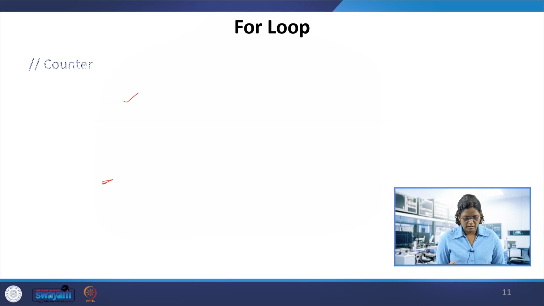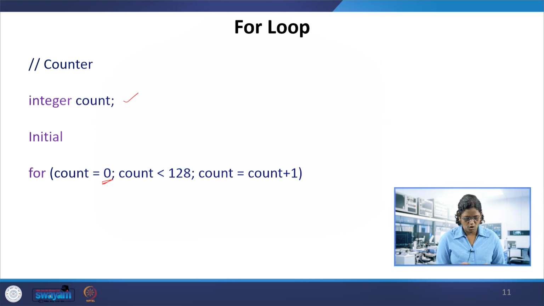So similarly here we have count less than 128, then count equal to count plus 1. So this count will execute up to 127. The count will be increased to count plus 1: 0, 1, 2, 3 and so on. So the display, within the brackets, is count percentage d, count equal to percentage d.